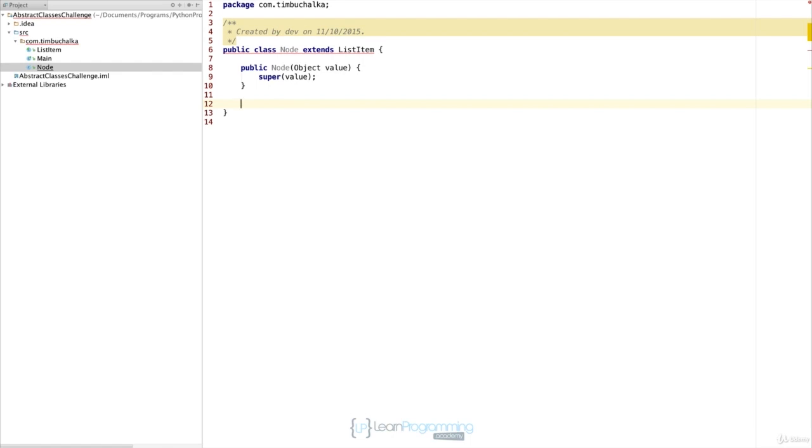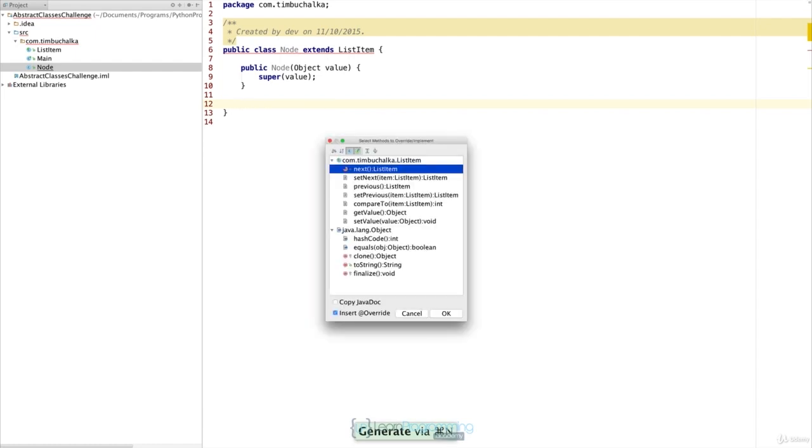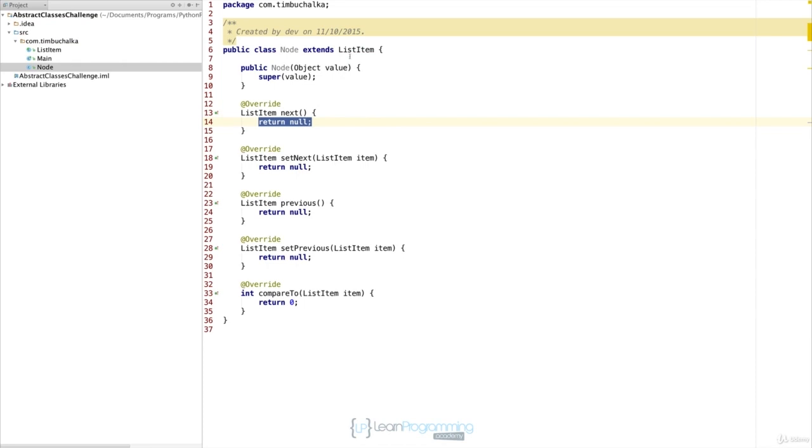So we're going to start with next. Actually, the methods we need are next, previous, set next, set previous, and also compare to. So I'm just going to create the stubs for those by going in here and overriding. I'm going to select all of them, 1, 2, 3, 4, 5, all 5 of those. They're the ones that we need to override. And by doing that, we've now got a valid class, but of course we now need to add the actual